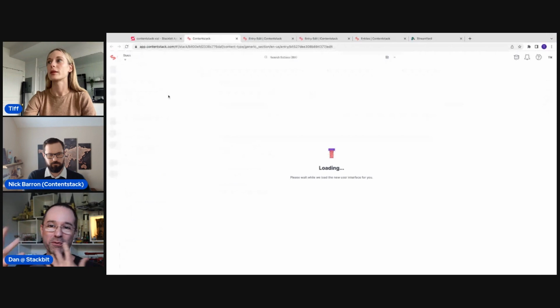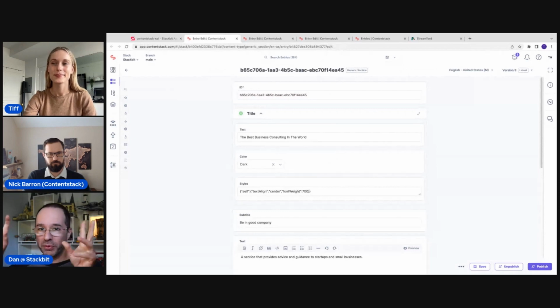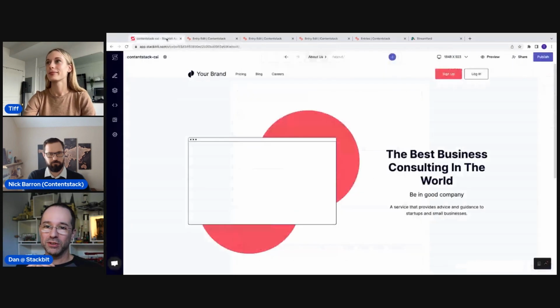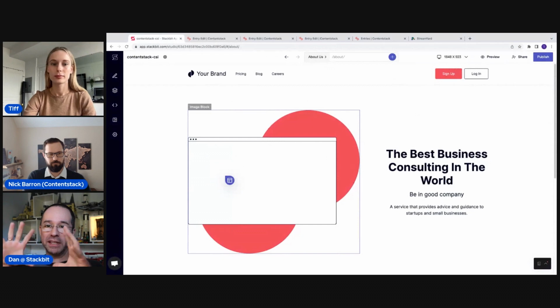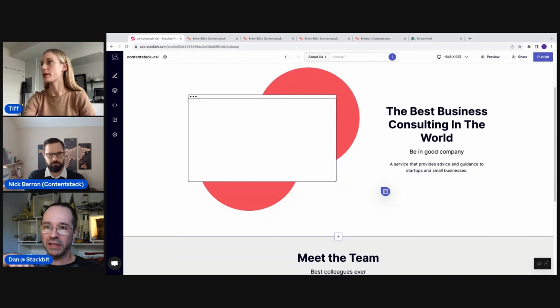The title itself, all of these are pieces of content that reside within Contentstack, right? So now the presets that Tiff mentioned are essentially a way for you to say, I want a snapshot of all the content that has made this component what it is, because I'm going to reuse it, right? And you can do it at the component level, or Tiff, maybe you can show that on the section level, you can also click on the section and then do save.